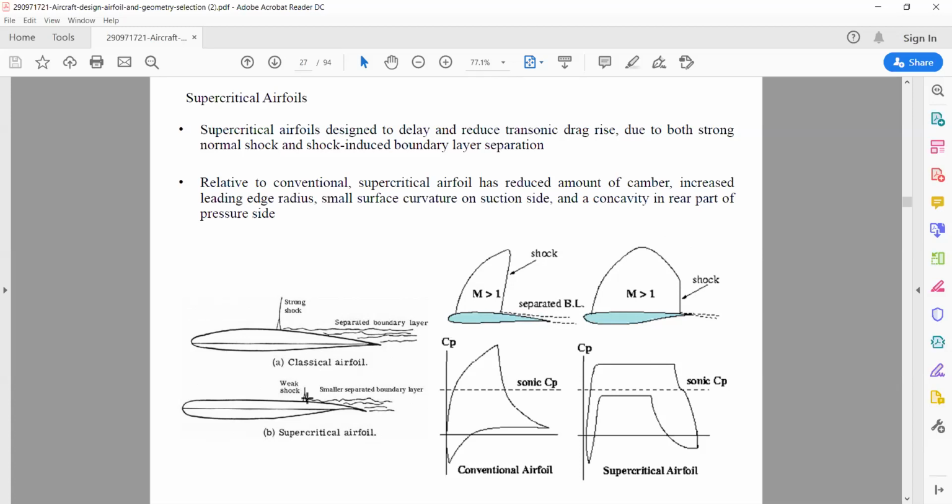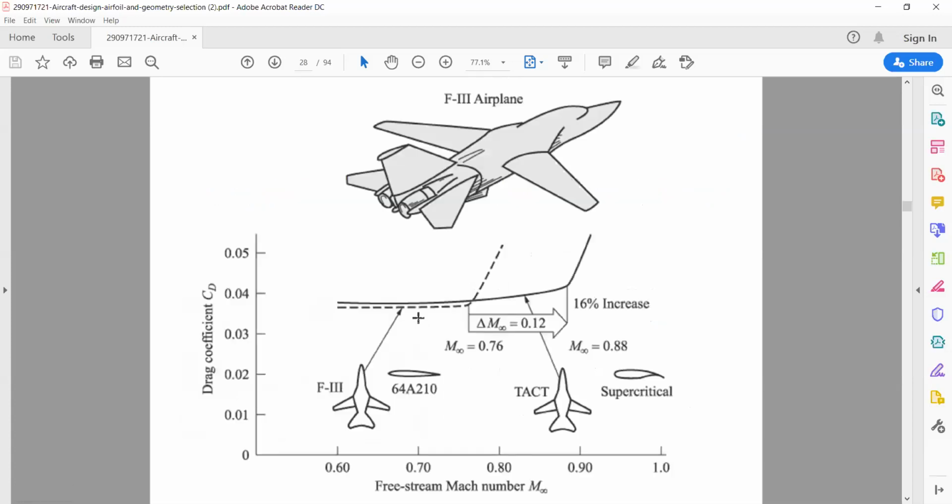Okay, a weak shock wave will be formed in one, but a strong shock wave will be formed in the other. So understand why the shock wave forms. When you are going at higher speed and the shock wave forms, what happens? It reduces the flow from supersonic directly to subsonic. At that time, speed will get reduced, and speed reducing means drag will be more. So in this supercritical airfoil you can see weak shock waves, not a strong shock wave, because of the flat surface. And also the concavity is more compared with this. Clear? Therefore supercritical airfoils are more efficient compared with conventional types of airfoils.